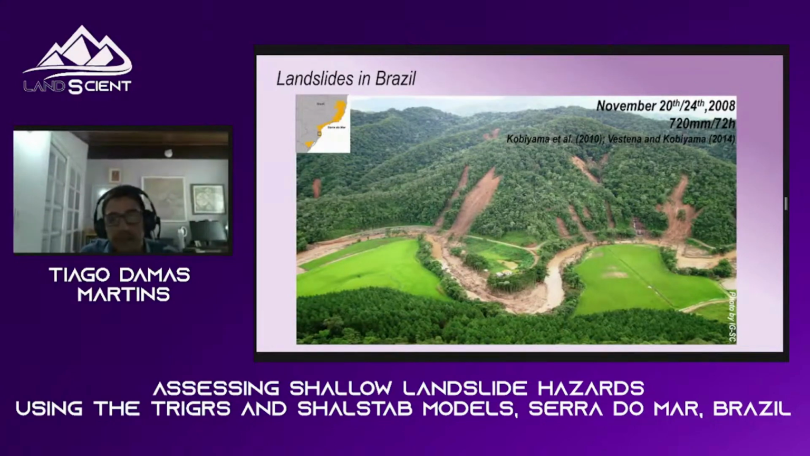And here you can see the Itajaí Valley, located in Santa Catarina state. It is the southern part of Serra do Mar mountainous terrain, with a similar physiography. You can see steep slopes surrounding the bottom valleys that are used for farming. And these bottom valleys are filled with sediments. This event happened in 2008 and killed